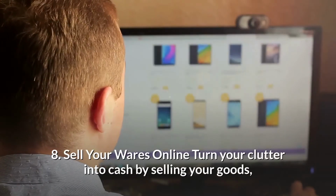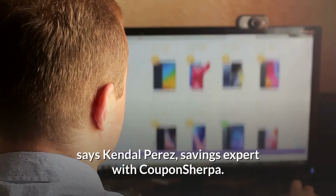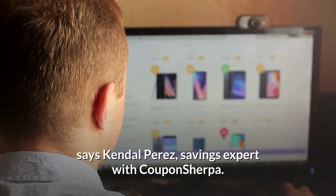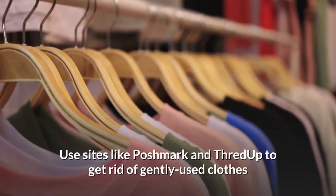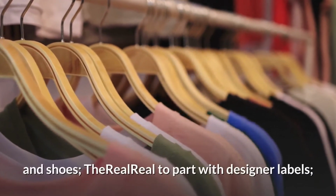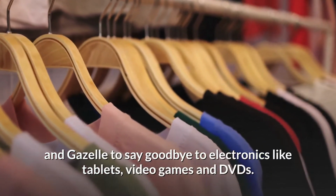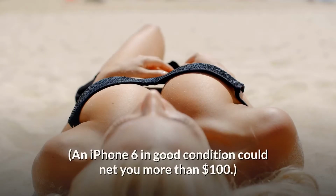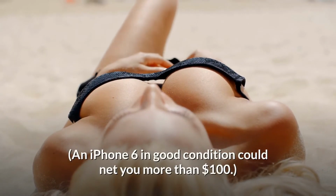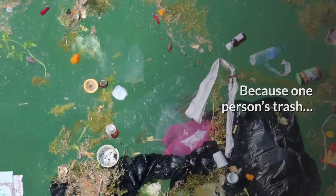8. Sell your wares online. Turn your clutter into cash by selling your goods, says Kendall Perez, savings expert with Coupon Sherpa. Use sites like Poshmark and ThredUp to get rid of gently used clothes and shoes, The RealReal to part with designer labels, and Gazelle to say goodbye to electronics like tablets, video games and DVDs. An iPhone 6 in good condition could net you more than $100. Because one person's trash...